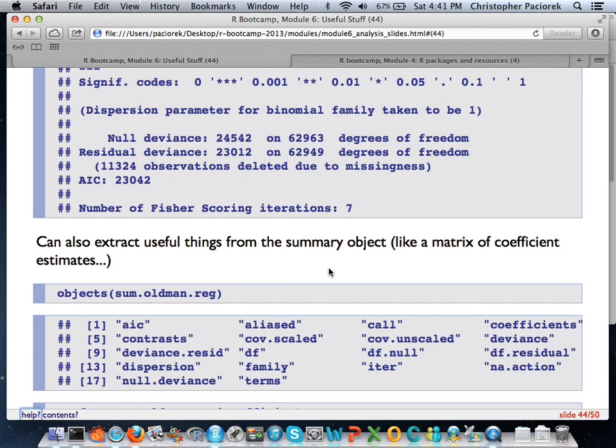This is really useful if you have a long list of different models that you want to try and you don't want to type them in every single time. You can come up with this big list, write a little loop that will repeatedly feed this in, extract, in this case just the coefficients, and then put them in some object that will store your results. Being able to pull out particular parts of the list is really helpful that way, especially from a summary object.